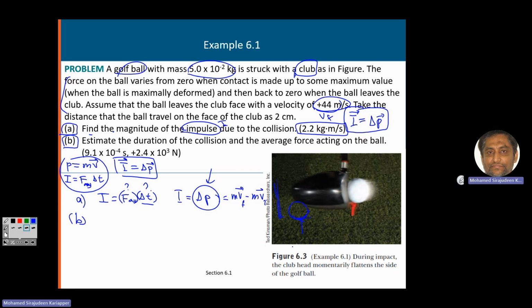Now he is asking to find the delta T and the average force. The delta T can be found because we have got some extra information, which is,